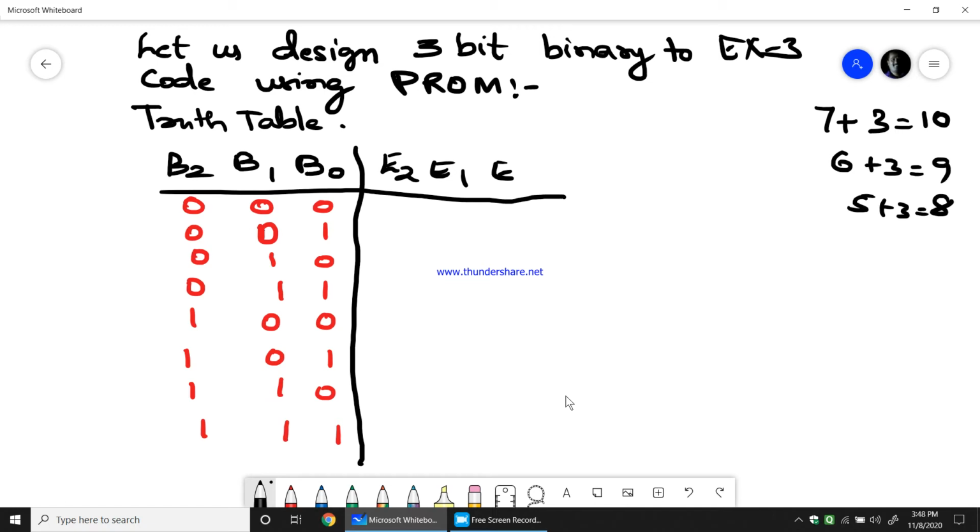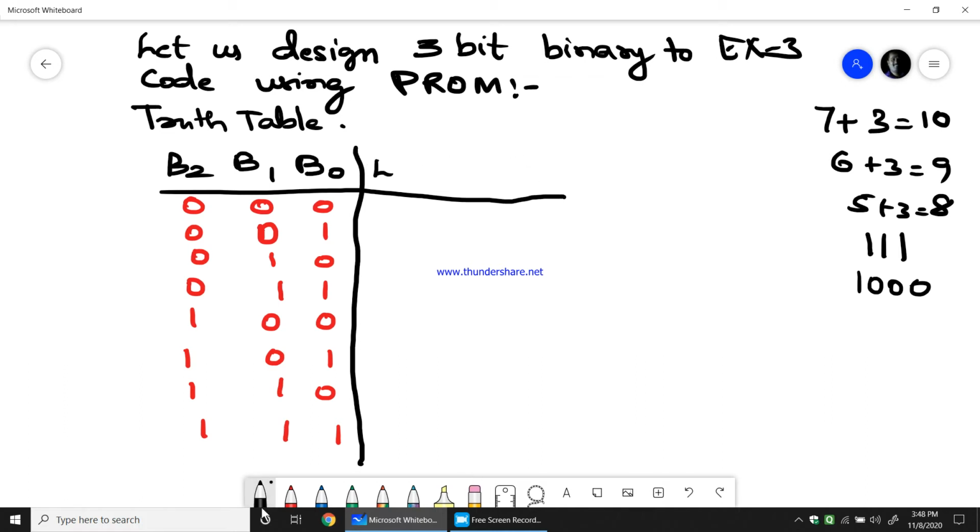Can I represent 8, 9, 10 in a 3-bit sequence? No, it's not possible, because a 3-bit sequence ends at 7, which is all 3 ones. The 8 binary value will be 1000. Therefore, you need 4 bits for XS3. Even though they have asked for 3-bit binary to XS3, XS3 will be 4-bit, whereas binary will be 3-bit, because 8, 9, 10 cannot be represented using 3 bits.